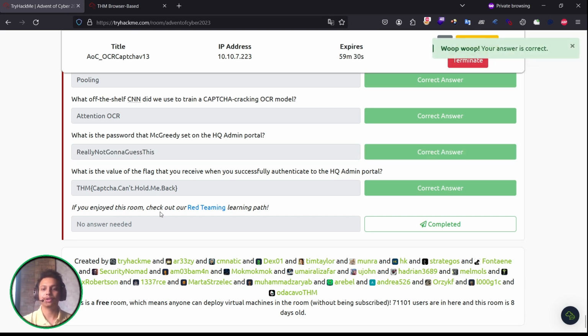Yes, if you enjoy this room, check out our Red Team learning paths. Okay, we will check on later on. So I hope you understand why we took the help of machine learning to brute force the admin password, instead of Burp Suite Intruder. This topic might get confusing, but don't worry, you can ask me anytime